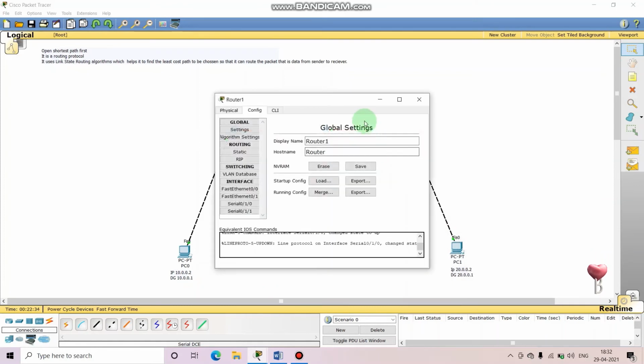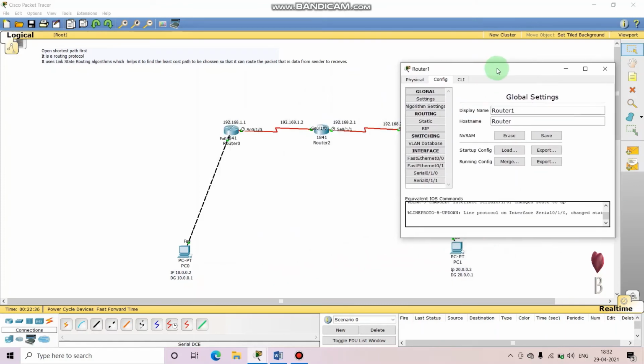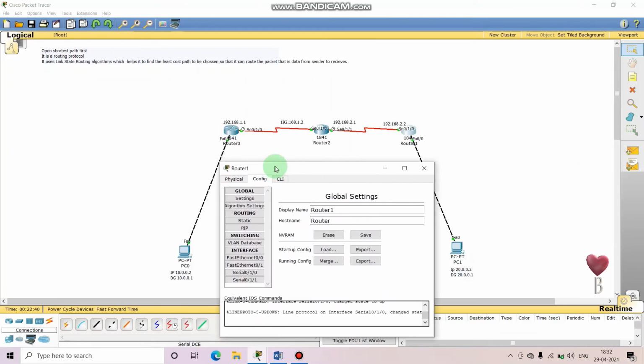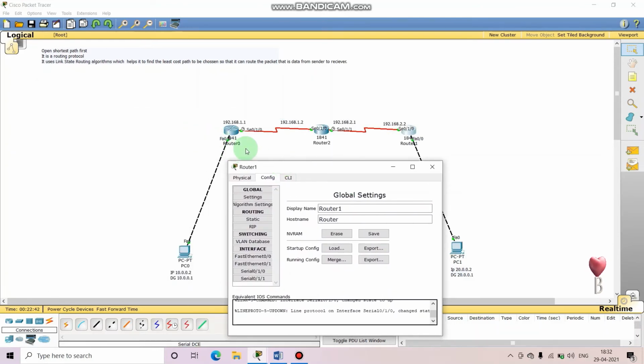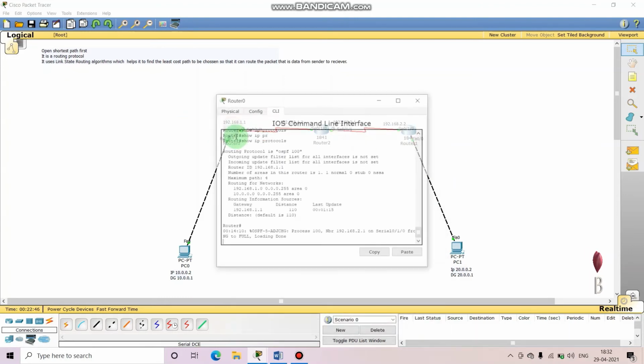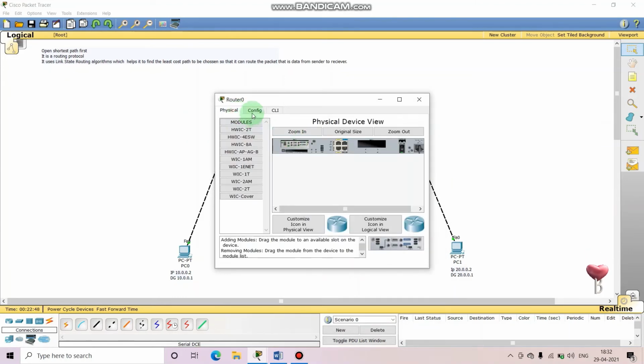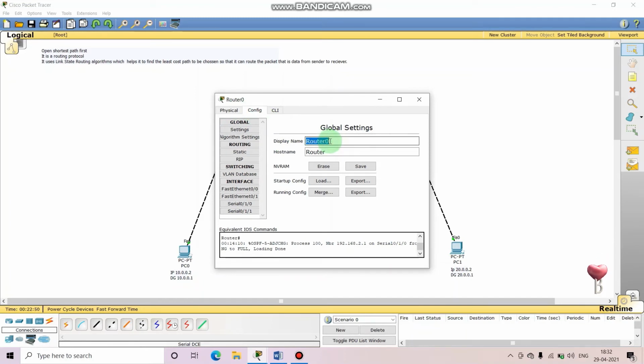Let's do it on router 3, that is router 1. Guys, this is router 1, 2 and 3. You can change its names also. Either I can say router 0, router 2, router 1. Okay, I'll change its name so that you should not get confused with it. I'll make it R1.